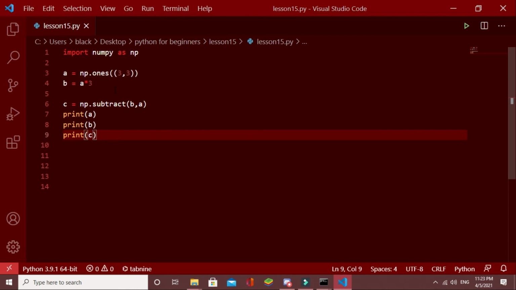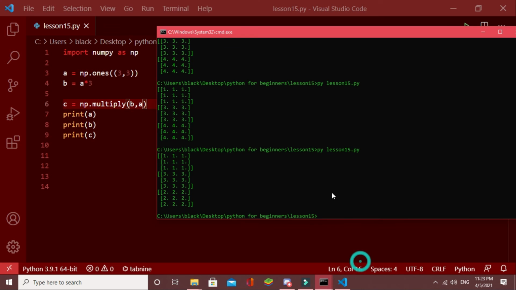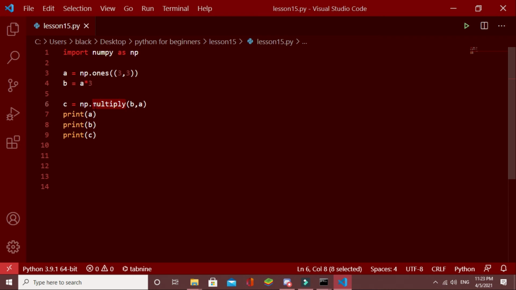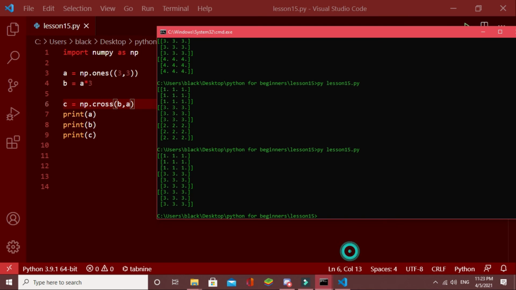To multiply, we have to do the same thing. In here, it is multiply. This is not the cross product of matrices. This is just the dot product. There is another function called cross for the cross product.